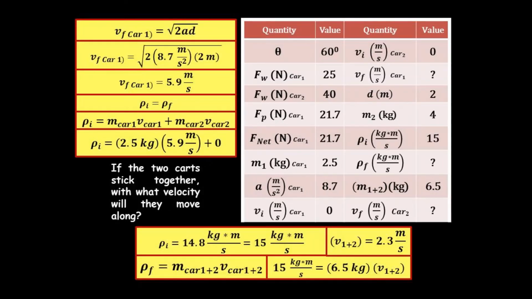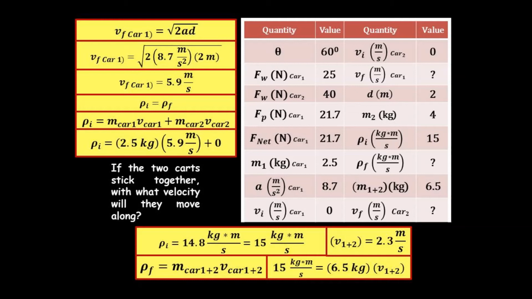The final slide contains the ultimate answer. To the left of the table, there are calculations: the actual velocity of cart 1, and the fact that the law of conservation of momentum states that the initial momentum equals the final momentum. Now, I calculated the initial momentum. That is the mass of cart 1 times its velocity,